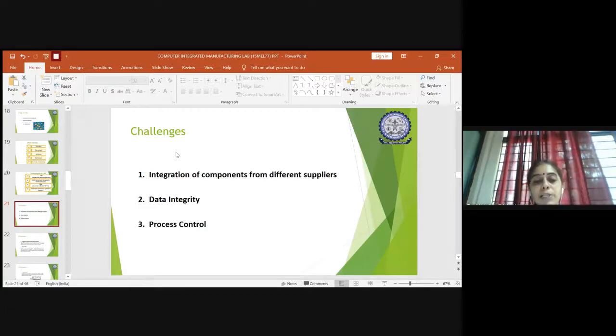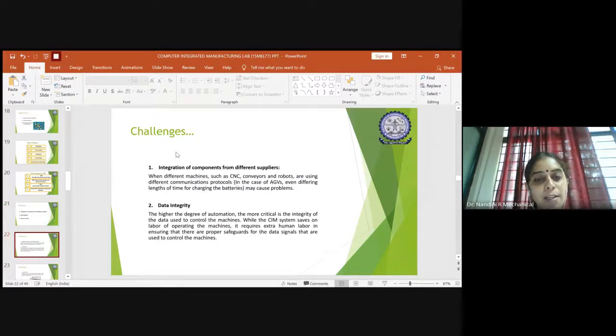And finally, the control aspect, the process control. Many things are going on in sequence, sometimes one by one. The entire process becomes complex when you are embedding computer concepts into manufacturing. So how will all the processes be controlled in a proper way such that they go one by one without any barrier in between? So even controlling the entire process is a challenging task. These are the challenges which are available. I explained it to you, and the same thing has been given here.